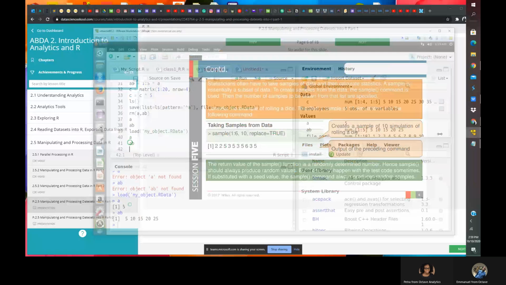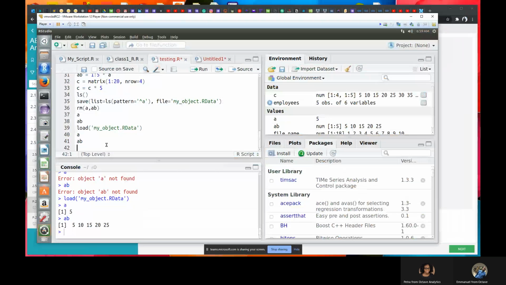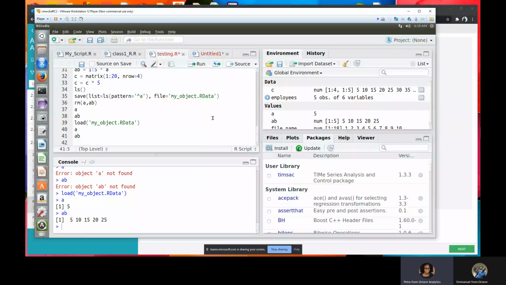I hope my screen is not lagging. Hello. Yeah, I said I hope my screen is not lagging. No, but at some point, I think you left the meeting, then you came back.